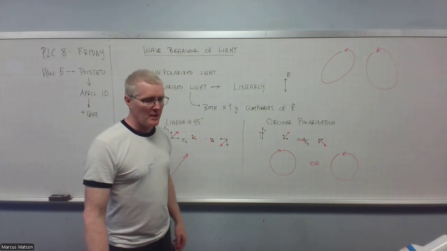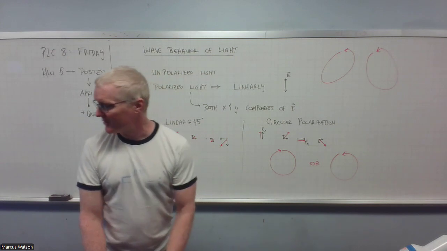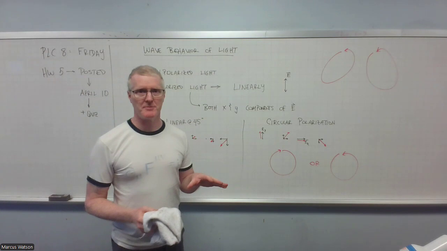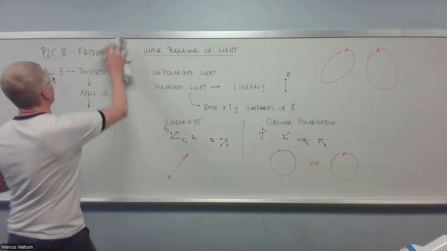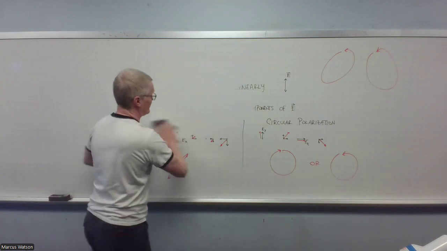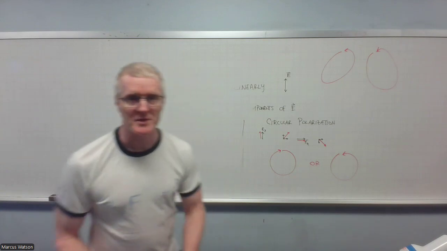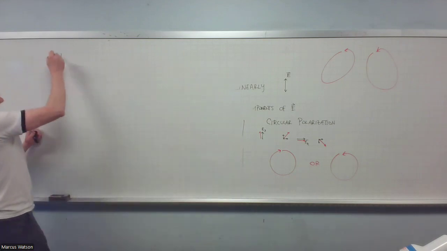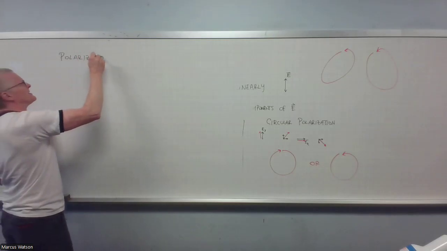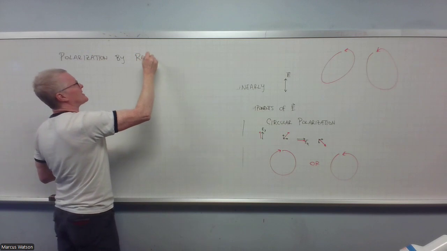Pretty cool. I'm going to show you a little bit about what's called birefringent materials. And we're going to talk about polarization by reflection. Okay. Polarization by reflection is known as Brewster's angle, or well, it happens at something called Brewster's angle. And I talked to you a little bit last time about